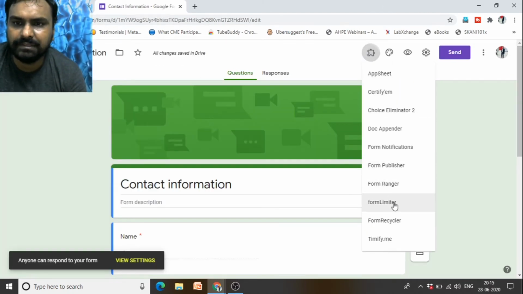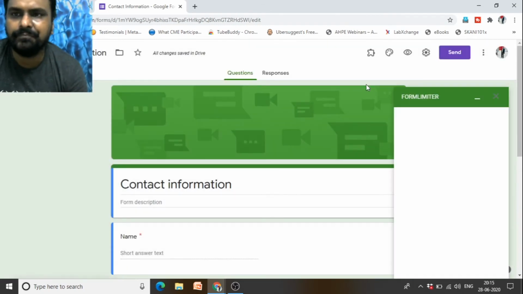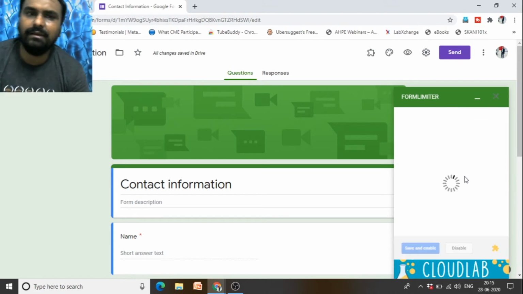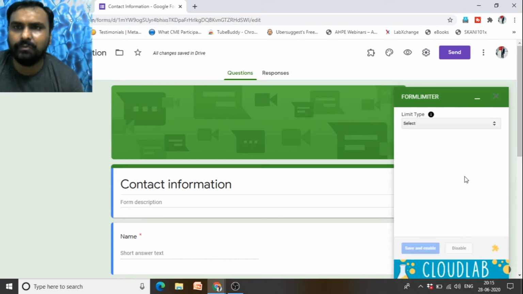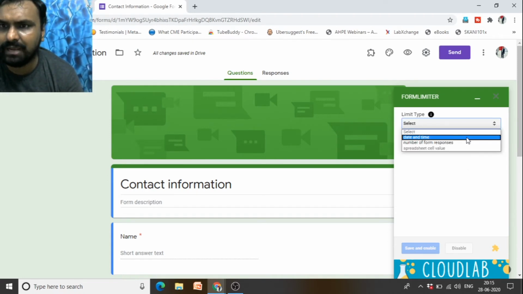Now the next option is Form Limiter. When you select this Form Limiter, it will help you limit the form so it can be filled only up to a certain point. It can be used as an option alongside the Timify.me add-on. You have to choose what you want to limit: date or time, or number of responses.